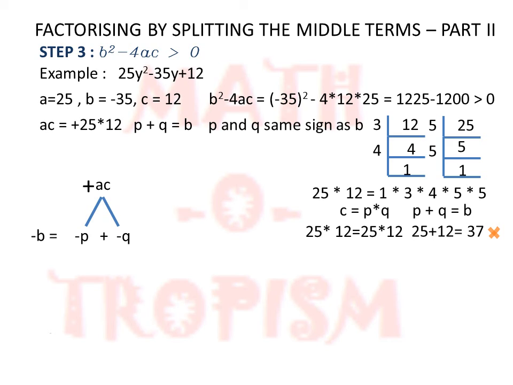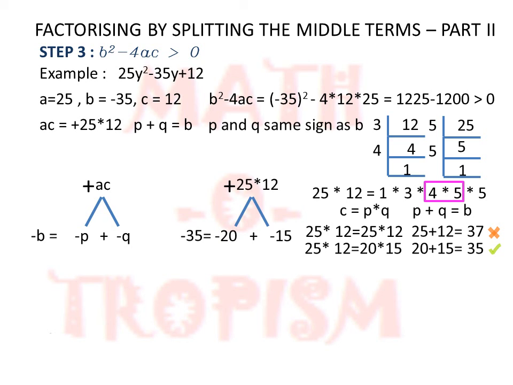So I just need to change a simple thing and finish off. So what I am doing, instead of taking 5 into 5 as 25, I will now take it as 5 into 4 is 20, and then balance remaining is 1, 3 and 5. So that is coming to 15. So 25 into 12 is written as 20 into 15. So if P is 20, Q is 15, and if I add both, it comes to 35, which is the B which is required. So now AC of plus 25 into 12 has been split into 20 and 15, and I see B is minus 35, and since I have added, it means both P and Q should also be of the same sign. So it is minus 20 and minus 15.